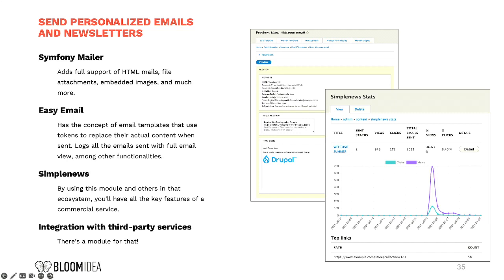This one that you see in the picture, in the back, Easy Email, is a great module. It allows you to create templates of emails.